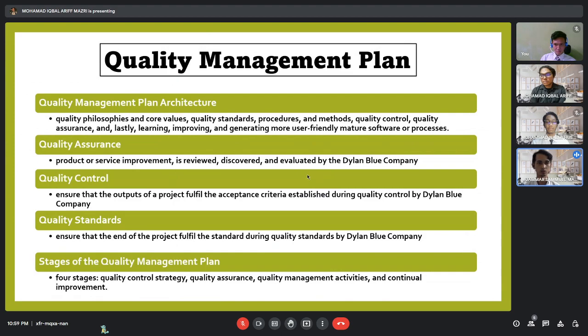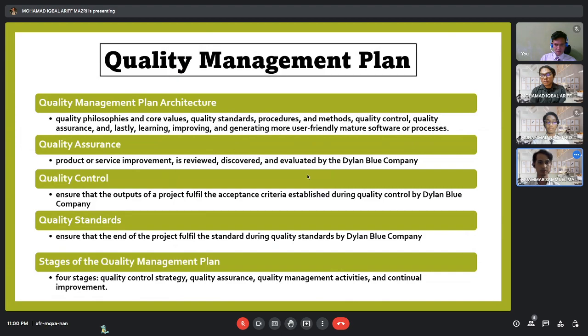And then quality control to see the outputs of the project, whether or not it fulfills the acceptance criteria during the quality control by the Dylan Blue company. Then there is the quality standard to ensure that at the end of the project, it fulfills the standards set by Dylan Blue again. And last but not least, to wrap it up, the stages of the quality management plan, all those 4 stages which have been mentioned